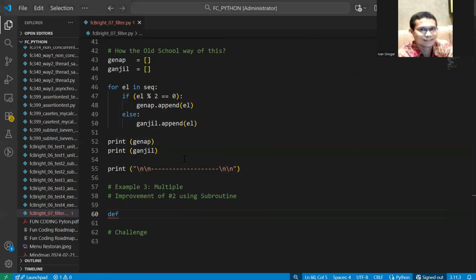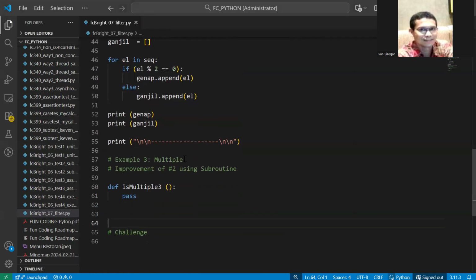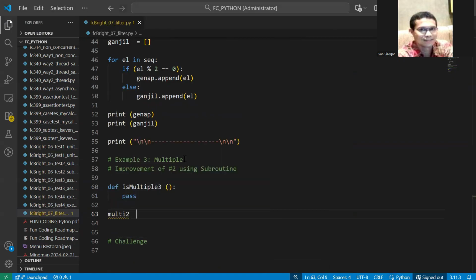So I have the subroutine here. Def is multiple of 3, to check whether the sequence is a multiple of 3. So I have the multi-3 here as the list.